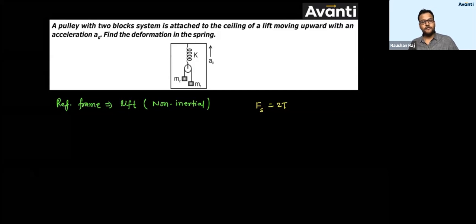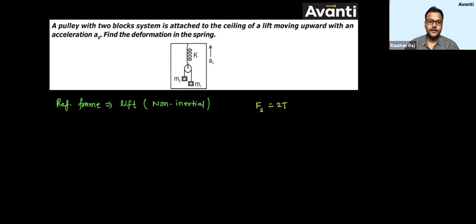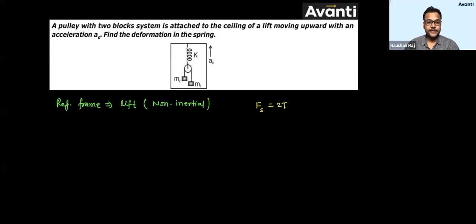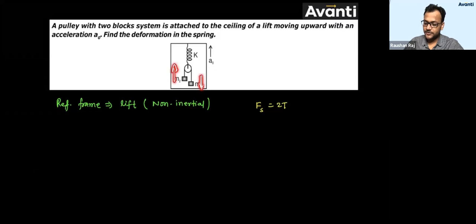Okay, look, few of you are not able to understand this also, I think. What will be the acceleration of the block M1 and M2 with respect to pulley or with respect to lift? What will be the acceleration? Will these blocks be at rest with respect to pulley? Tell me quickly, children, will this block remain at rest? No. What will happen, children? One of them will be coming down, other one will be going up.